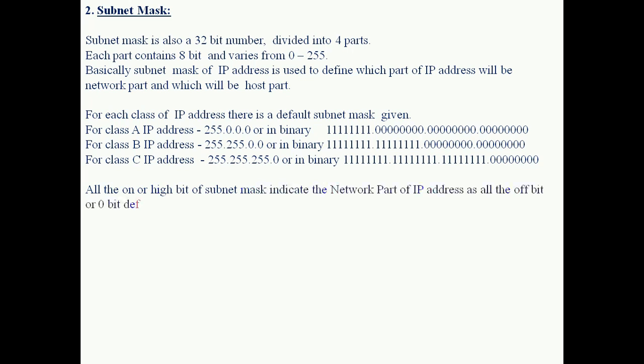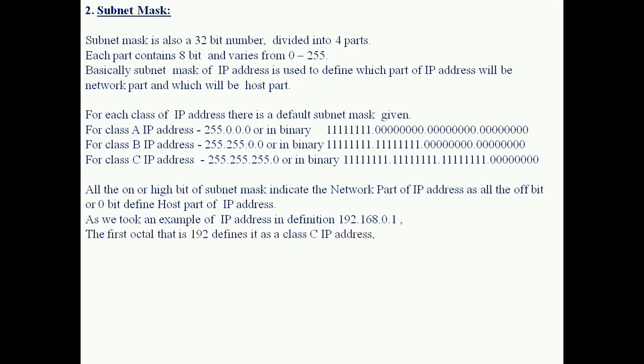All the on bit or high bit of subnet mask indicate the network part of IP address, as all the off bit or 0 bit defines the host part of IP address. As we took an example of IP address in definition, 192.168.0.1,